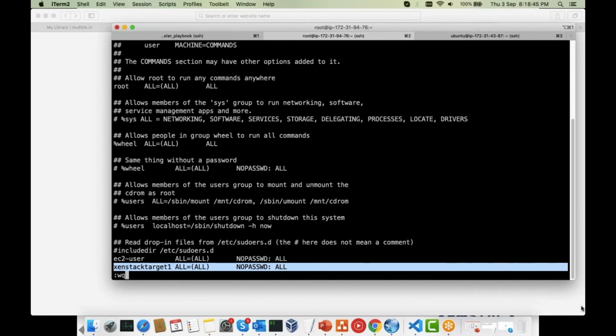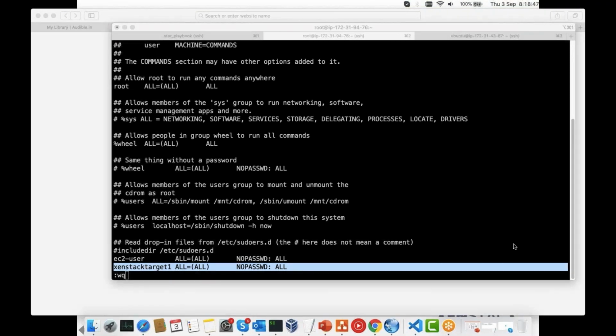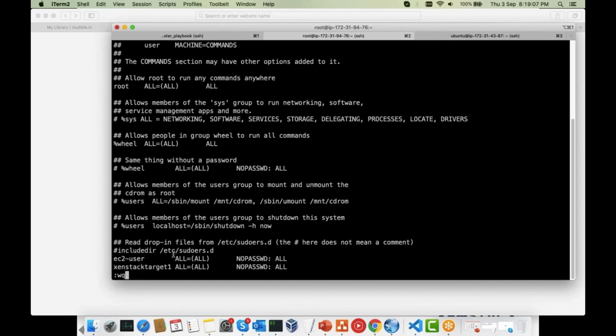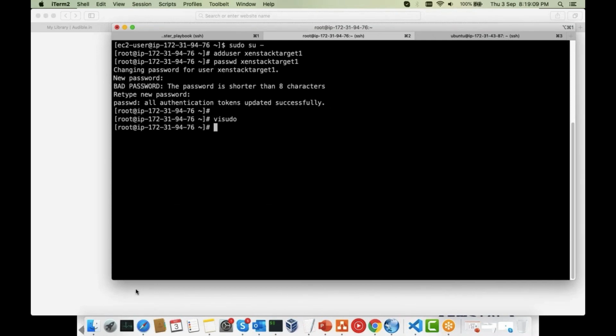So let me share this on the chat section as well. visudo. This will be for CentOS. So this is similar for Ubuntu as well. So let's save this file,